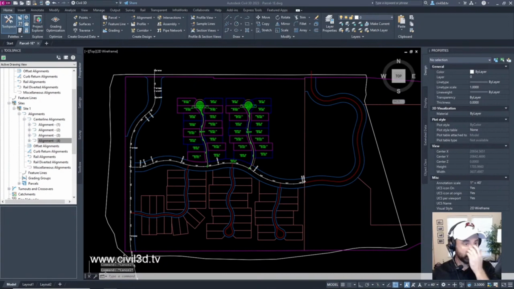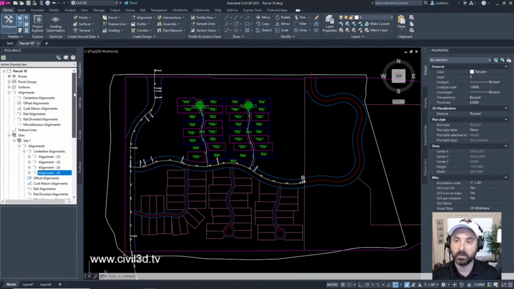In the tool space in the prospector, we've got Site 1, alignments, centerline alignments. Notice that we have 4 existing centerline alignments that all reside in Site 1, while the top level alignments collection above the sites collection is empty, which is what we went through here previously.